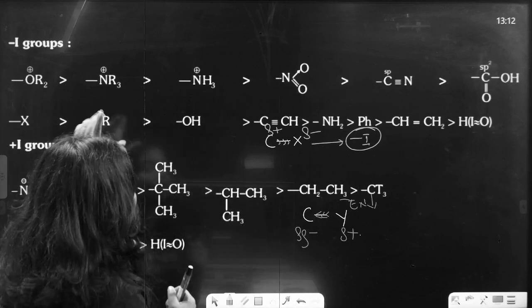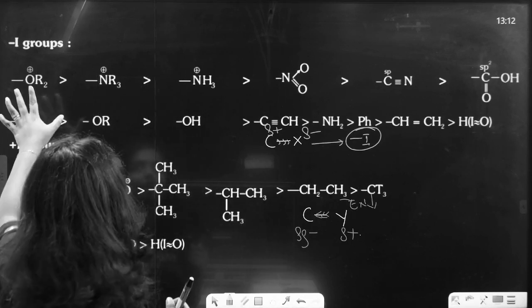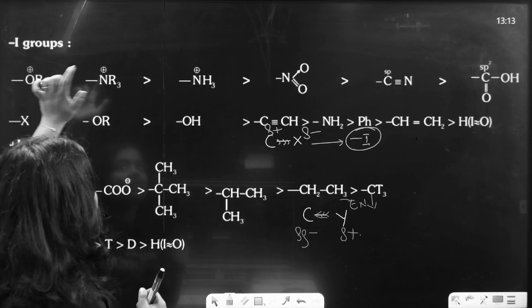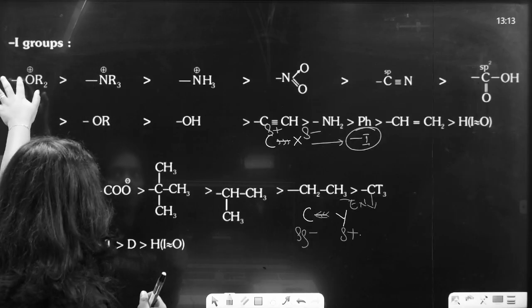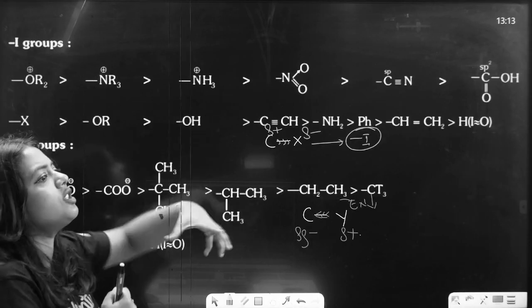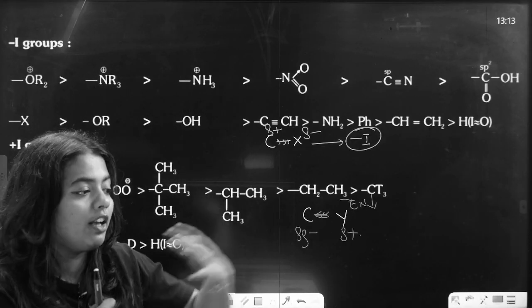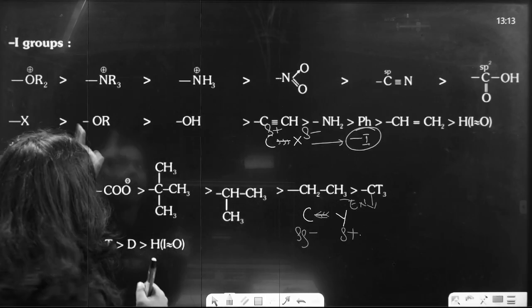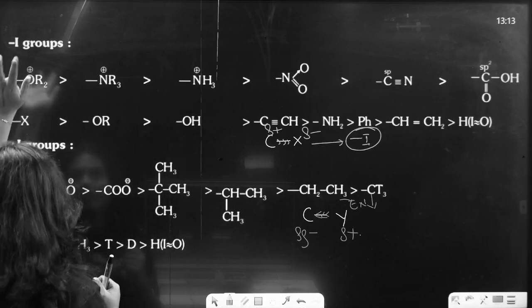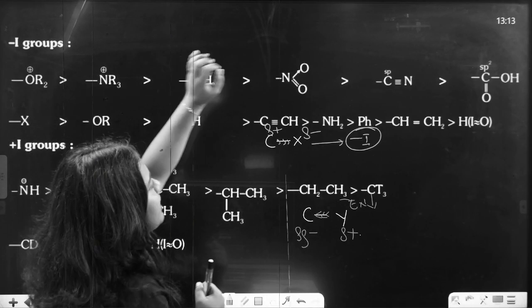So this is the minus I group and this is the plus I group. Here you can see the order of this. OR2 minus will be greater than OR2 plus will be greater because the cations are there, they need electrons now. So they will be taking the electrons. So R2 minus, R2 plus, NR3 plus, NH3 plus, NO2,